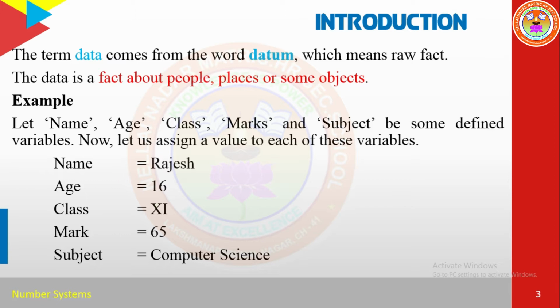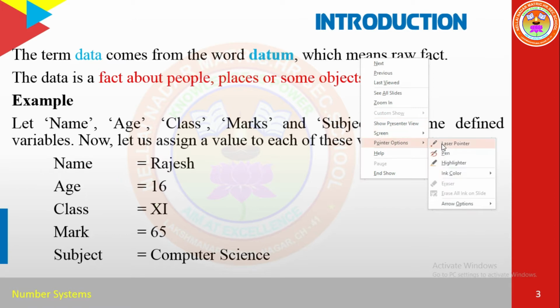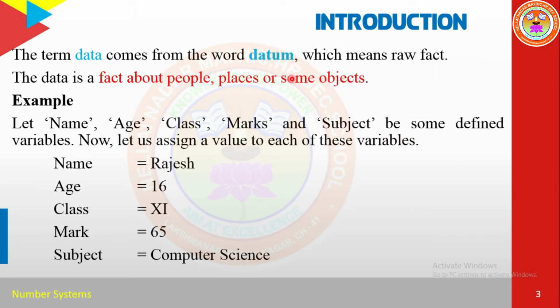If you want to use the computer, you must store the data first, and then only your system will produce the result and do the process. So that's why this lesson starts from data. Data, as you already know well, is unprocessed raw fact, correct? The term data comes from the word datum. Which word? Datum. So what is datum? It is the singular form.